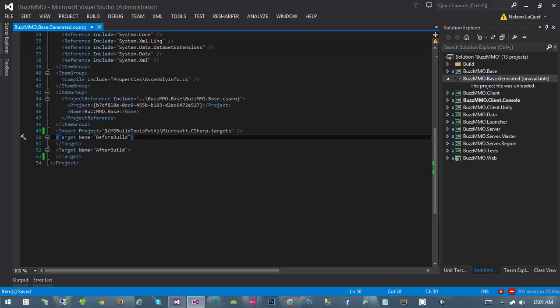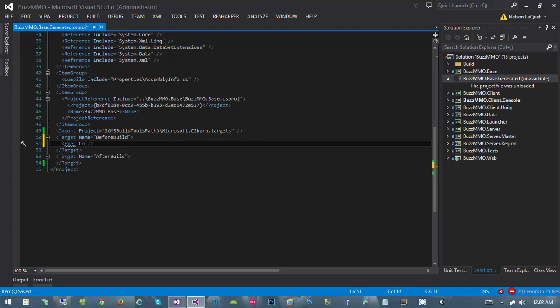So after the base project is built, then this before build target is invoked. And that will allow us to actually modify the code inside of buzzmmo base generated before it's compiled. So that's really cool. So basically all we're going to do is say exec,